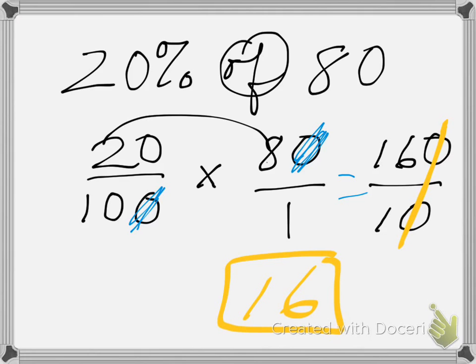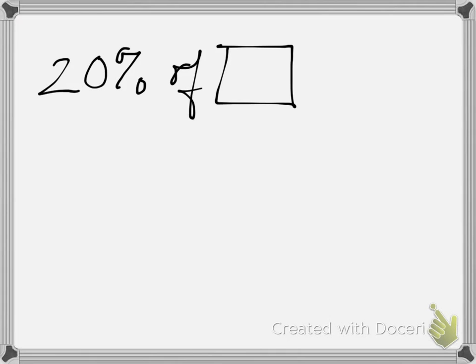Now, sometimes that gets confusing. We have 20% of 80. One of our other problems was something like 20% of the amount of money is 80. So that one's